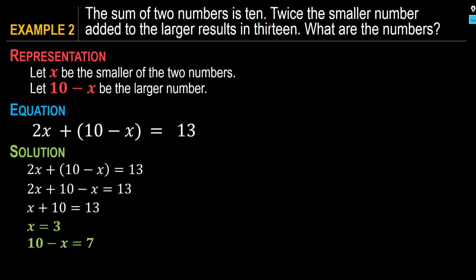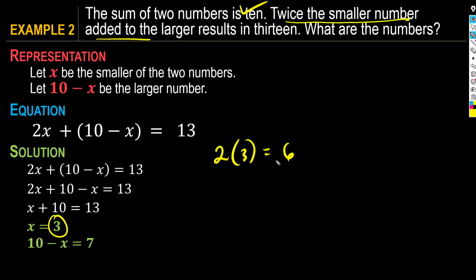The sum of the two numbers daw is 10. Look at your two numbers here. 3 and 7. Is there some 10? Yes. Look at the second sentence. Twice the smaller. What is the smaller? 3. What is twice that? Twice the smaller. That is 6. Twice the smaller. Added to. Oh, si 6 daw. I-add natin sa the larger. What is the larger? 7. Do we get 13? We do. Correct. So our answer